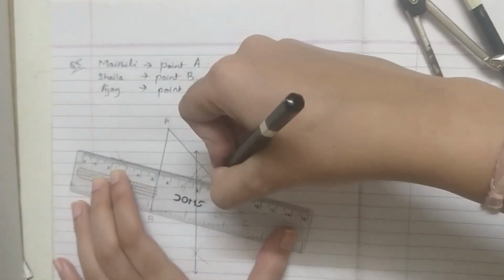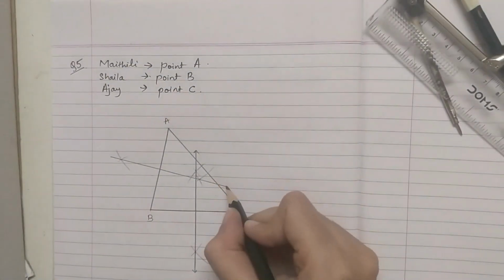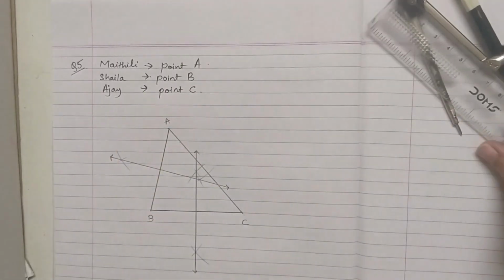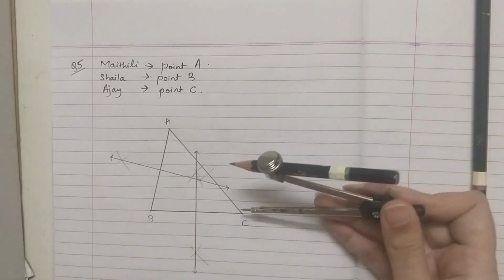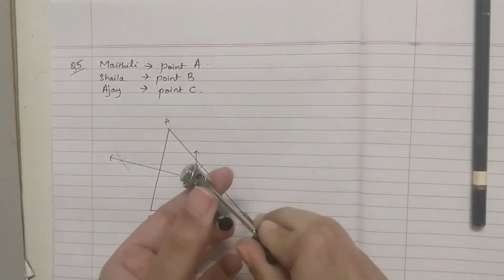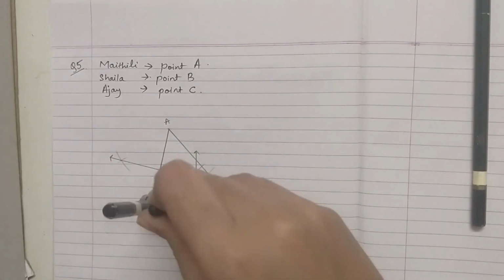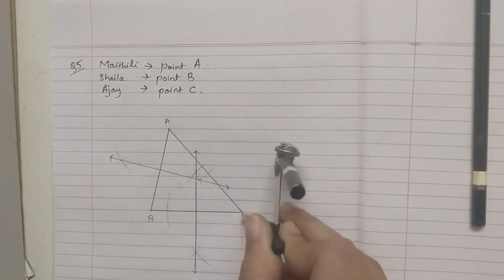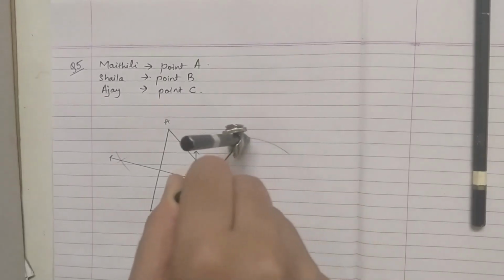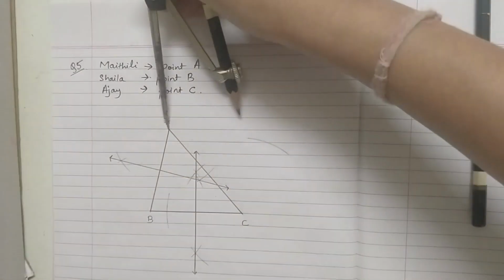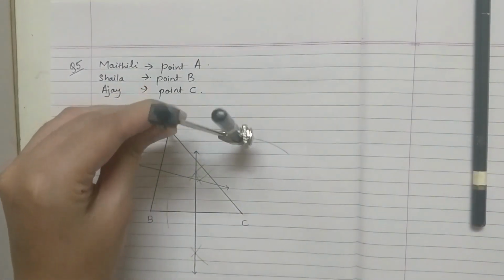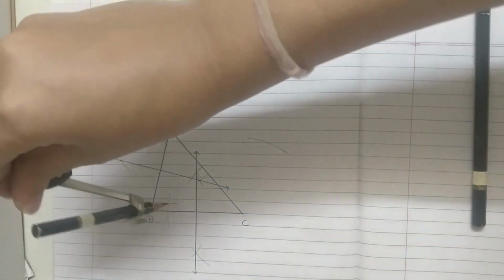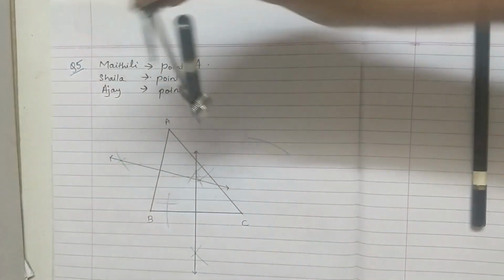So just darken up the point and then make a straight line passing through both these points. Yes, you all are supposed to be very careful, students, and no overwriting during geometry. Whenever you draw any figures or use these instruments, you are not supposed to overdo it. Now for point C, we will put the pointed tip on point C, make the arc above and below segment AB. Put the pointed tip on point A, again make an arc above and below line segment AC. See, just as shown, they are supposed to intersect each other.